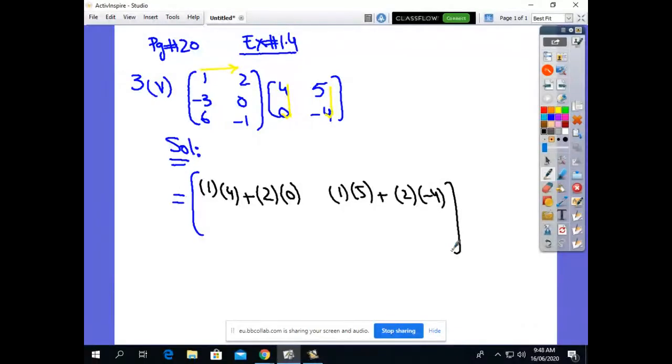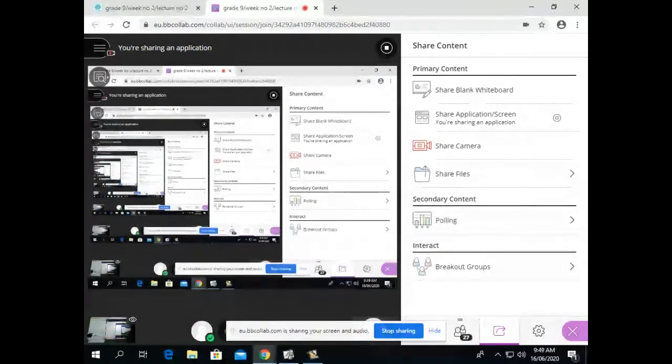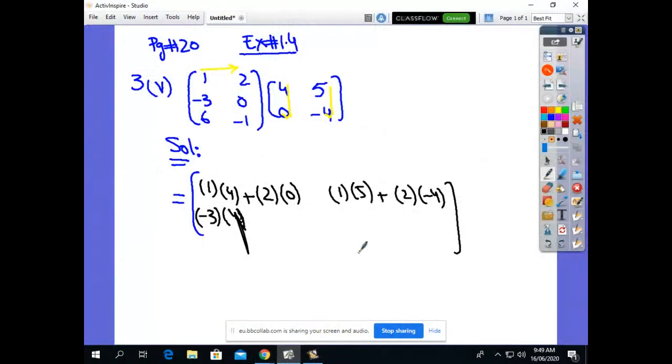Multiply the second row with the first column and the second row with the second column. That is, negative 3 is multiplied with 4 plus negative 3 is multiplied with 4 and 0 is multiplied with 0. Now negative 3 is multiplied with 5 and 0 is multiplied with negative 4. Now we multiply this